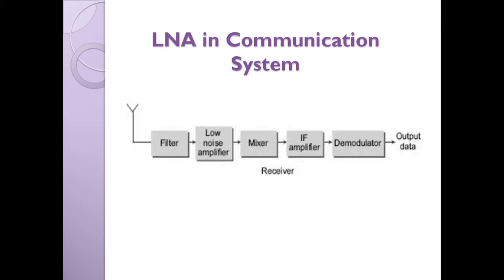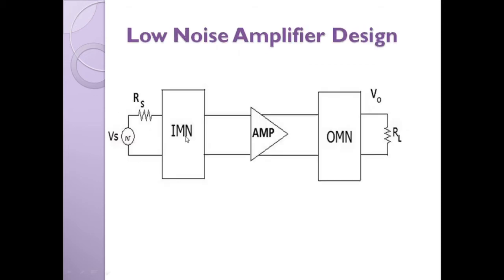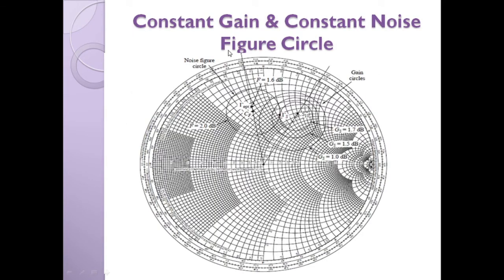Now for doing such a job, this LNA inside consists of three blocks. One is the input matching network, another is the amplifier block, then the output matching network. But one thing you have to remember is that this LNA is also an amplifier. An amplifier can be designed for maximum gain, or for a specific gain, but generally can't be designed for maximum gain and minimum noise at the same time. So what they do is make a compromise between noise and gain by plotting the noise figure circle and constant gain circle in the Smith chart.